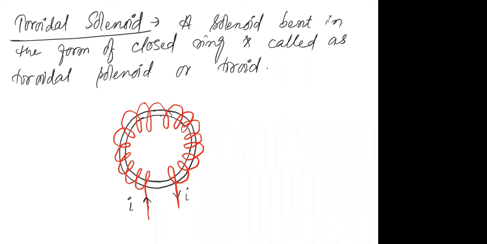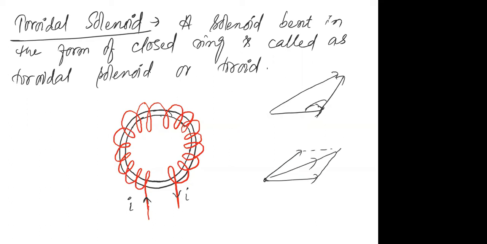Means what? A toroid is not a different thing. A toroid is also a solenoid. Then why are you calling it a toroid? Just because of its arrangement. It is the same as the two laws of vector addition you have studied. If you remember, there were two laws: one was called the triangle law and another was called the parallelogram law. And the only difference between the two laws was the arrangement. If you arrange two vectors so that the head of one vector coincides with the tail of another vector, the law applied was called the triangle law. And if you take two vectors whose tails coincide at one point, the law applied to get the resultant was called the parallelogram law.